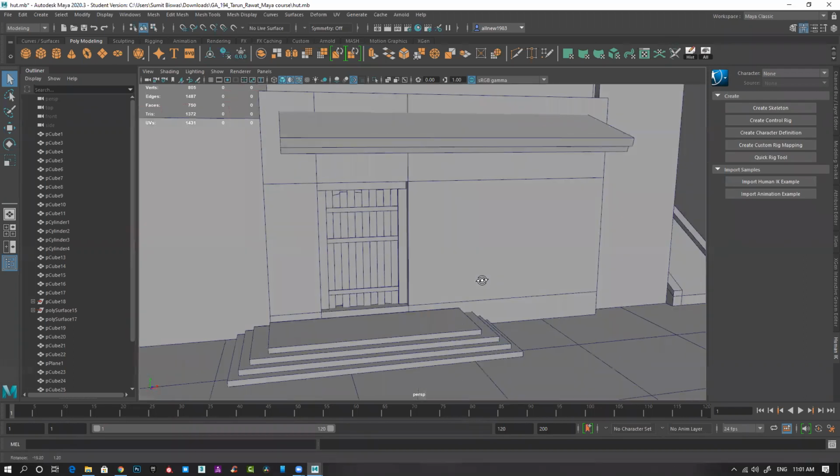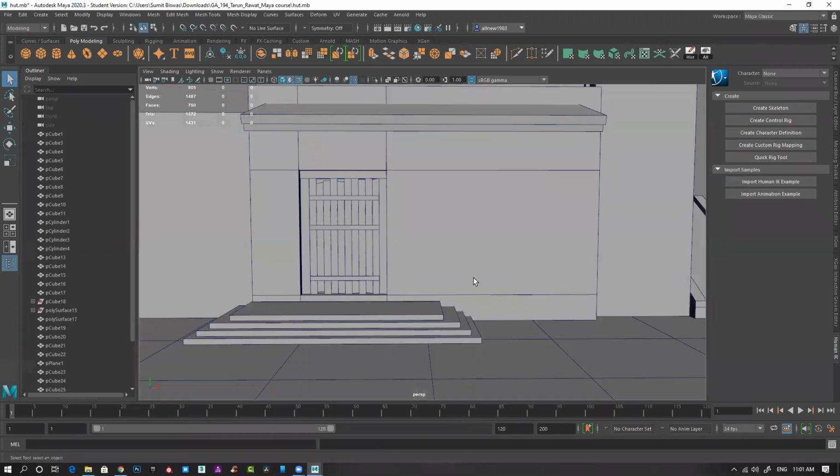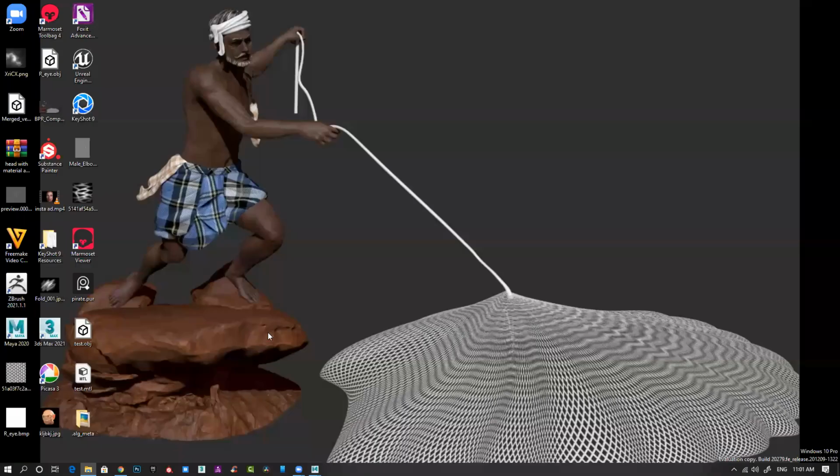Sir, while submitting that Unreal file, how do you submit it with all the materials and everything? What you have to do is select your level, wherever you have saved it, named properly in the engine. Right click on that, and there is an option called Asset Action. Inside that, there is the option Migrate.